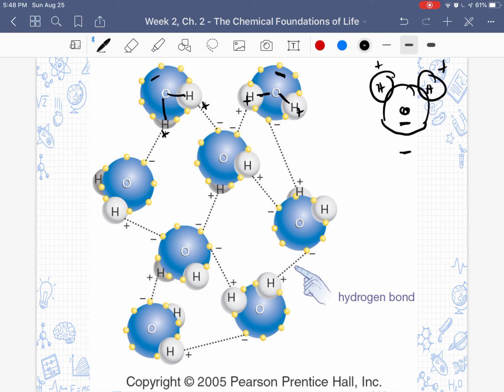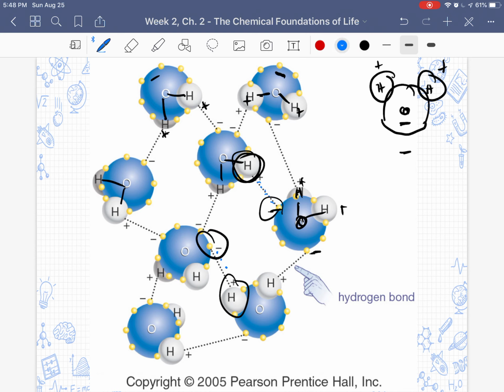Here we go. He has a sad face and happy ears. So whenever you look at your water molecules, oxygens are negative, hydrogens are positive. They are covalently bonded together. Covalent bonds are typically illustrated by lines depending on the number of electrons shared. All right. So the positive hydrogen end of one molecule is attracted to the negative oxygen end of another molecule.